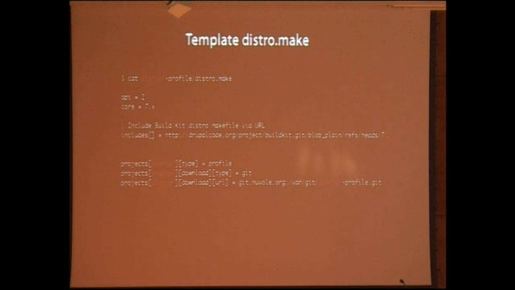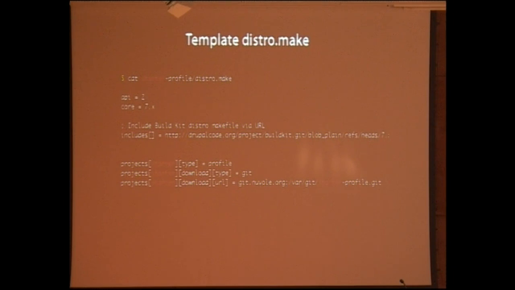So Drupal core, drupal.org, etc. And this is very handy because we don't need to follow the issues where those patches are attached. The maintainers of these modules do, and when the patch is included in core, they remove it from the Makefile. So we are always up to date with the latest core and the latest patches to the core. So we just include this distro.make, and the only thing we do is include